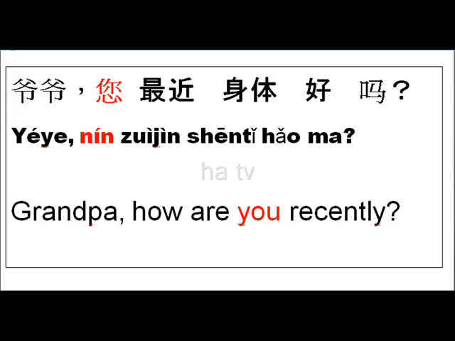Now the example with nin, for someone who is older than us. I take for example grandfather. Grandpa, how are you recently? In Chinese we say 爷爷你最近身体好吗？爷爷 means grandpa. 你最近身体好吗？ Grandpa, how are you recently? 爷爷你最近身体好吗？